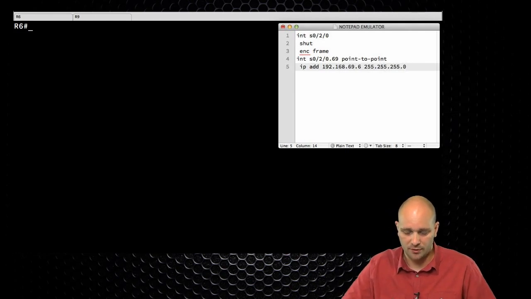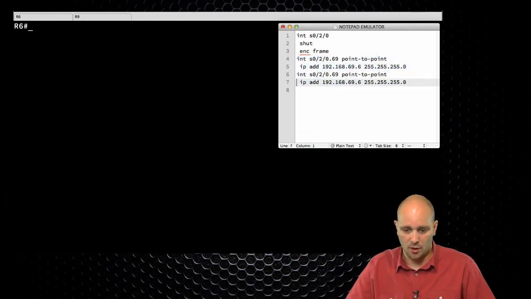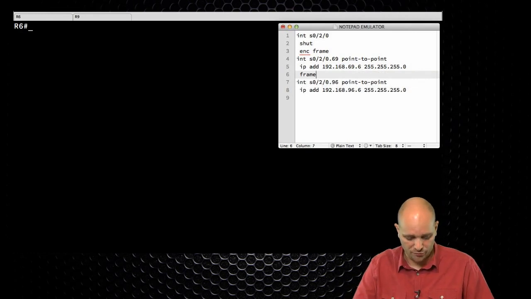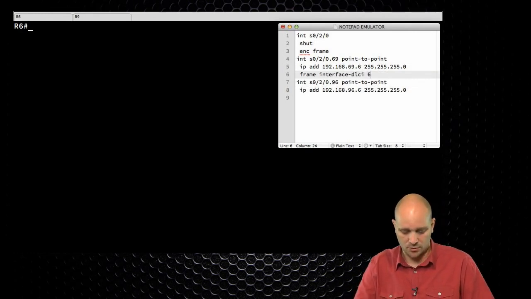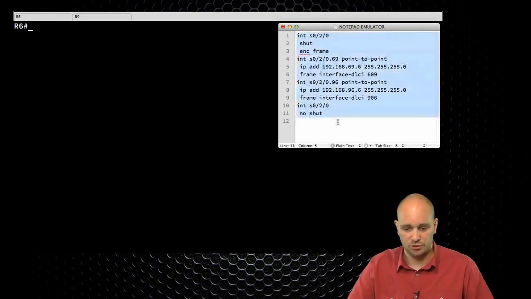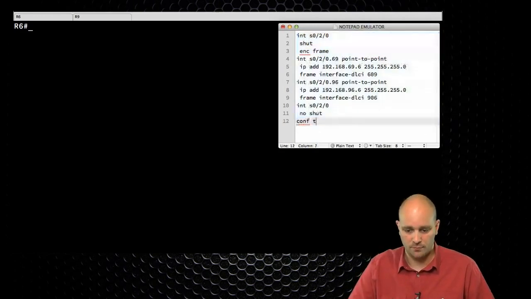Just correct the typo that I had there. And the other one is going to be 96, like so. And let's map the DLCI. So frame relay interface DLCI 609 here, and DLCI 906 here. And finally, let's do no shutdown. So this would be the configuration